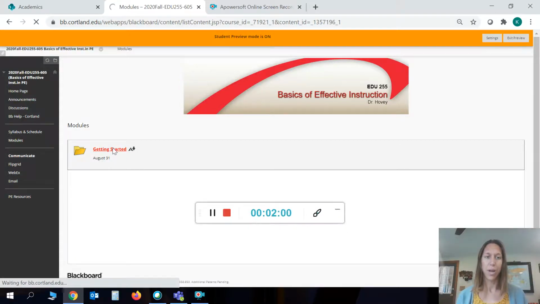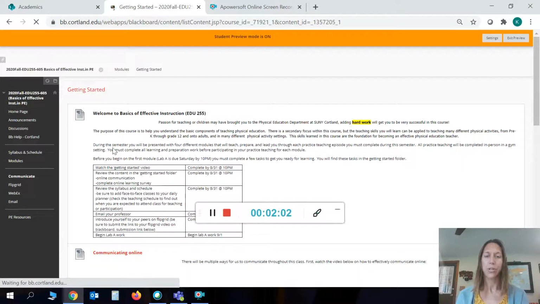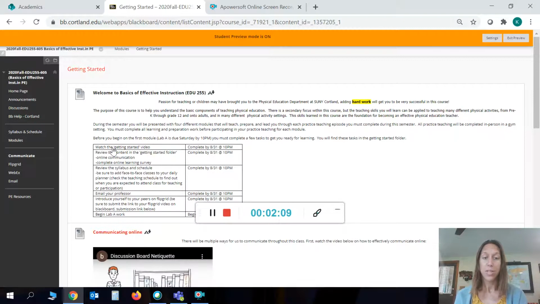and it's going to open up and gives you a couple tasks that you're supposed to complete that you need to complete by the end of the day on Monday. You can start this now if you want to. You don't have to wait until Monday. Just needs to be completed by the end of the day on Monday. I'm going to try and set all of the due dates for the day at 10 p.m. So that'll give you some time in the evening to finish up those instructions. So this gives you a little bit of